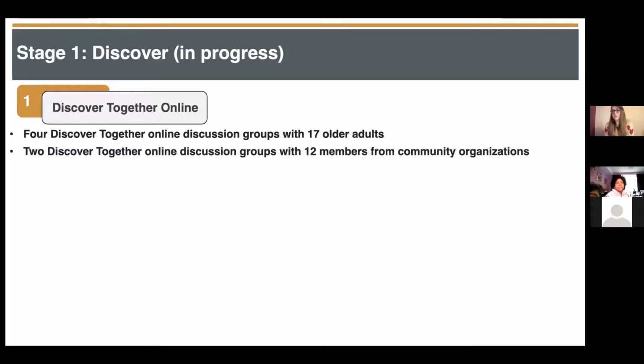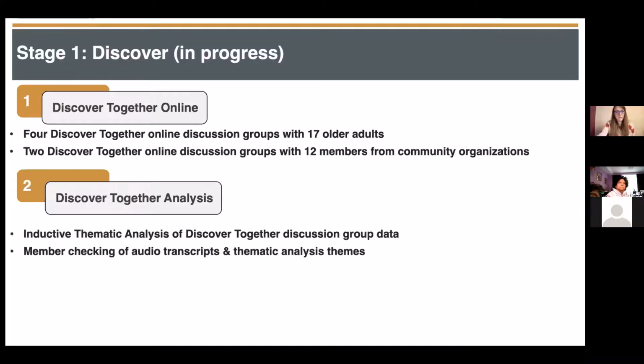These discussion groups looked at the main barriers and facilitators in these individuals' local areas that influence their ability to be active and healthy. We then took the audio transcript from these sessions and did a thematic analysis to pull out the key themes for each area, so to look at the key barriers and the key facilitators that were discussed. And then these diagrams that we created from this have been shared with both the citizens and the experts to be checked. There's member checking at each stage of the audio transcripts and any data analysis.